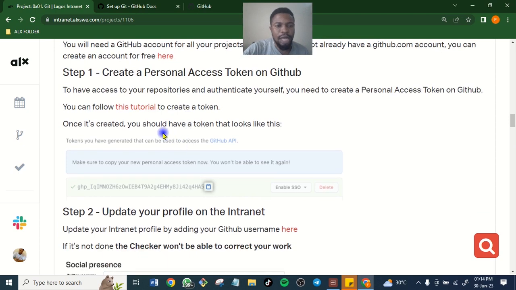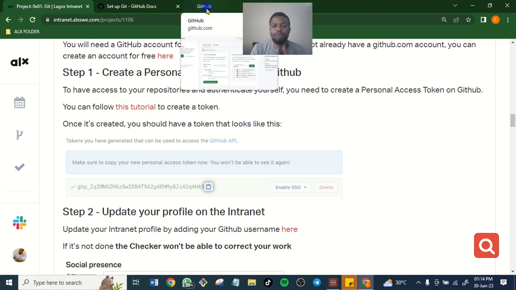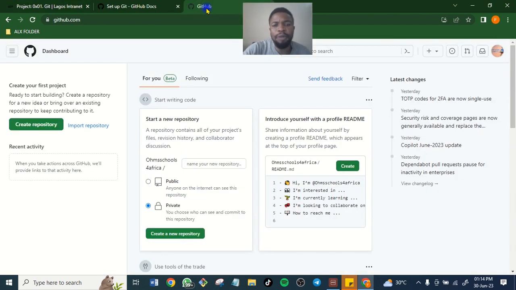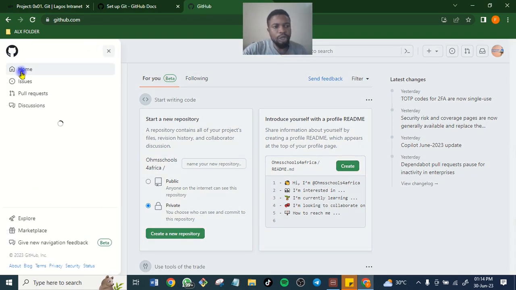So let's do that. How can we create a personal access token? I'm not going to teach you by reading things so that you don't get bugged. The first thing you do, open your GitHub account. This is a GitHub account. Now to create a personal access token, come to your home. Make sure you are in your home first. Calm down. It is not difficult to create your token. Come to the home. Make sure it's loading. My network is very slow.